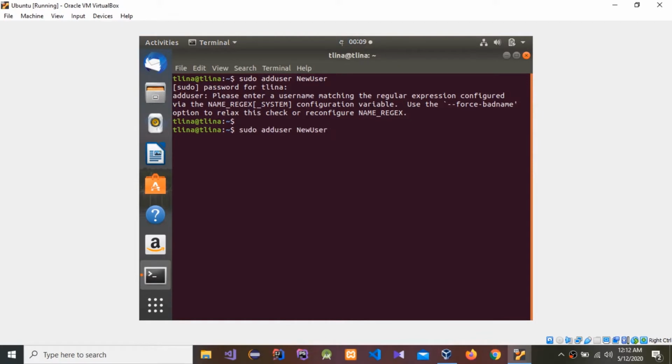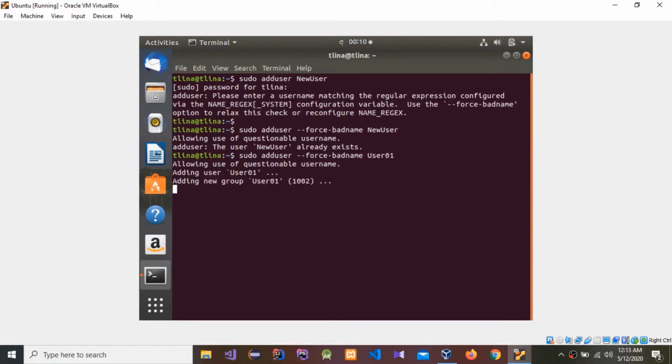I'm going to put in here, keep a space, force bad name, press enter. Yeah, new user already in, then I'm going to change it to user 1. Okay, now you have to set a password.